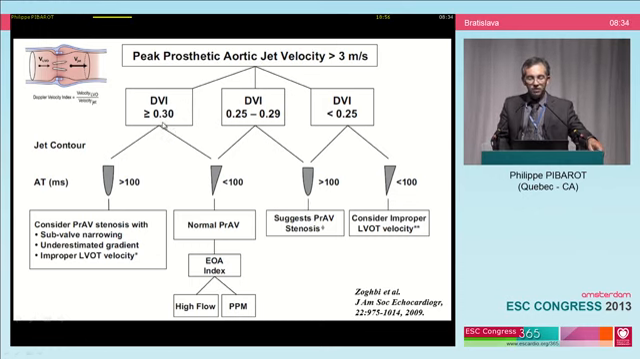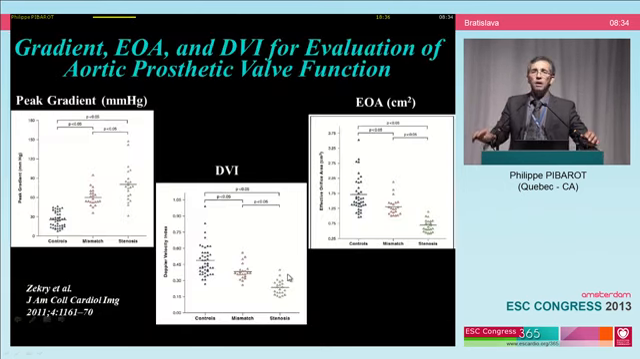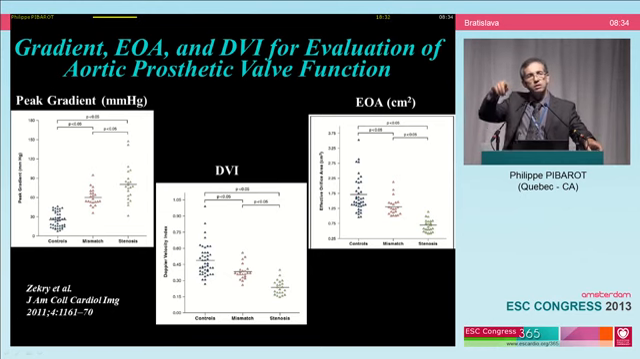On the other hand, if the DVI is higher than 0.3 and you have a triangular shaped velocity, well, then this suggests normal prosthetic function, and then you have to do the differential diagnosis between normal function with high flow versus normal function with prosthesis-patient mismatch by calculating the EOA indexed for body surface area. However, the main limitation of this algorithm is that in particular, the flow shape, the contour, is